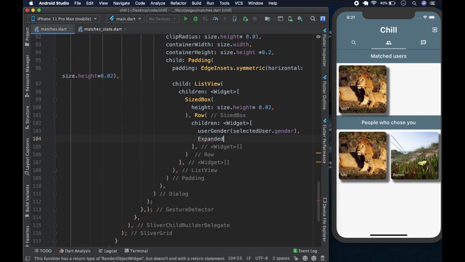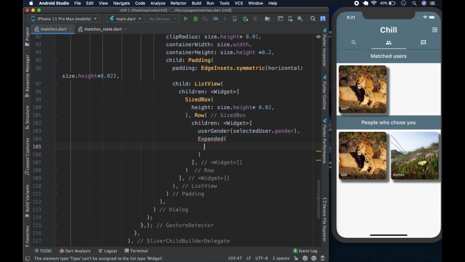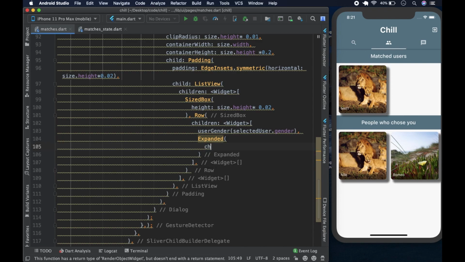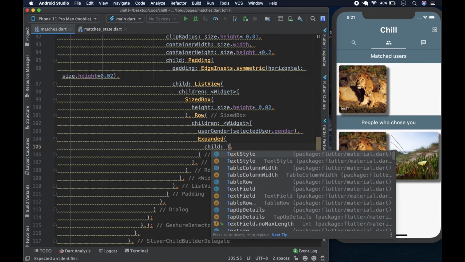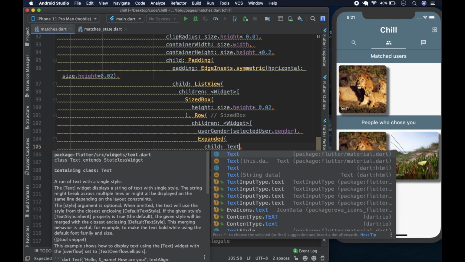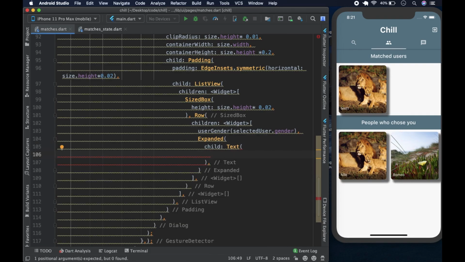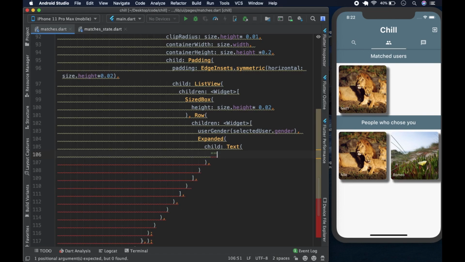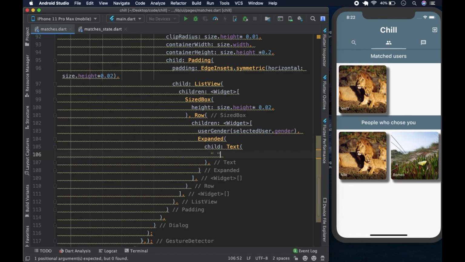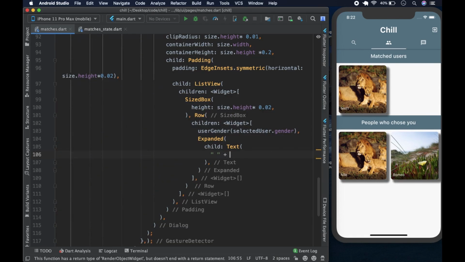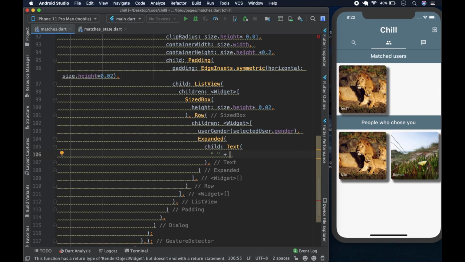And after that we're going to have an expanded, and its child is going to be text, and the text is going to be an empty string. We could have an empty string like so, no, with a space in between, and we're going to concatenate it with the name. So we could say selected user dot name,